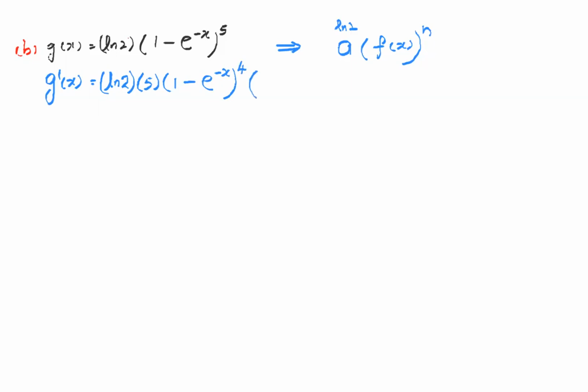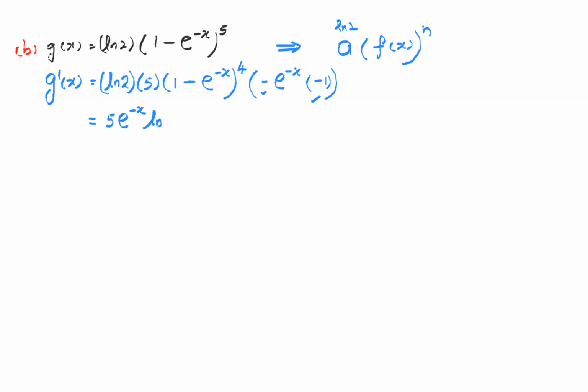Times by the derivative, or the rate of change, of whatever is in the bracket. For exponential, copy down the whole thing, times by the derivative of the power. Close. So this is equal to negative times negative, you get positive. So it will be 5 e to the power negative x